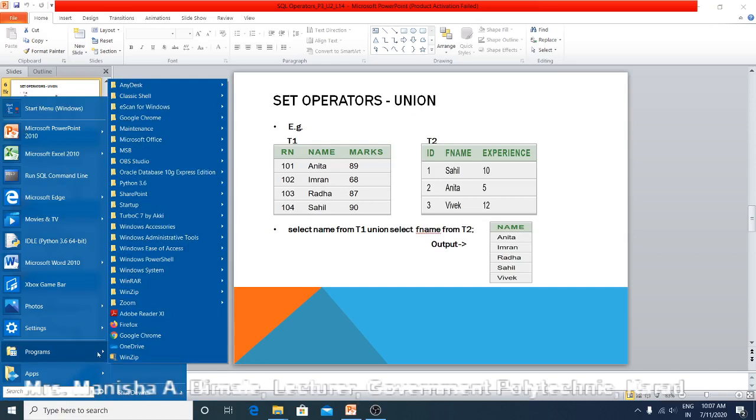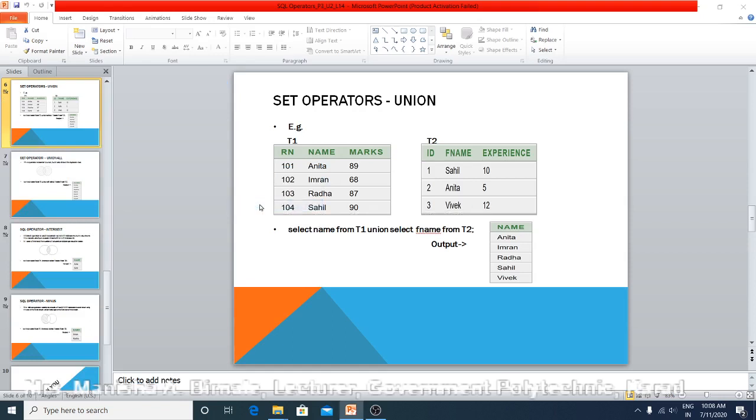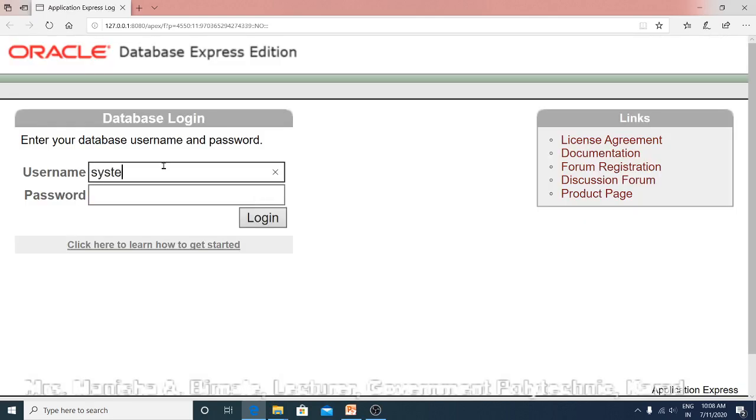Click on start, programs, Oracle database, and let us go to the database homepage. The tables T1 and T2 are already created in this database. Enter the username and type the password and click on the login button.